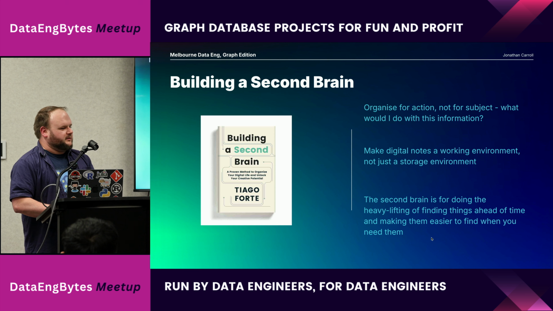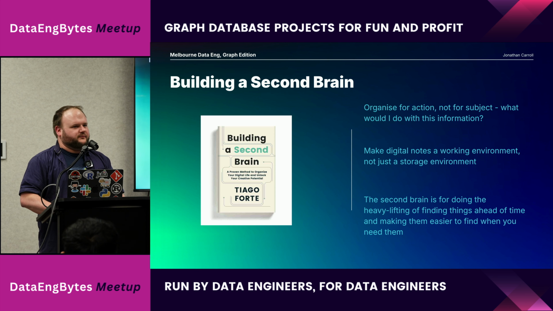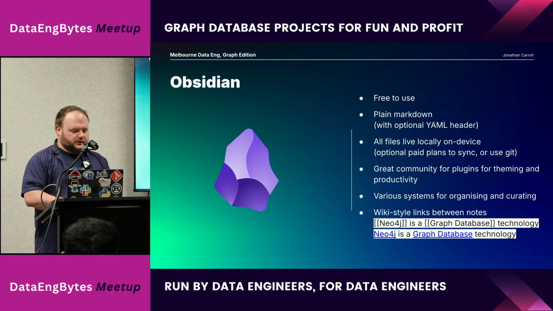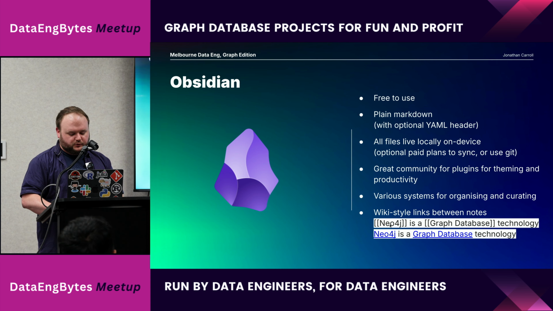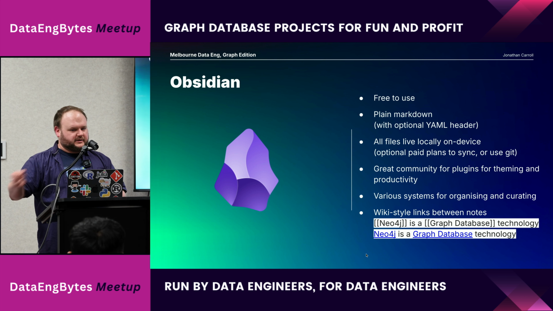So when I want to look up something, being able to go back through and say, like, where did I store that information? What year did I buy that thing? Not having to calculate that every time and go back through manuals and all of that stuff. Being able to just find things easily. The relations that you can create between those notes are really cool though. So I use a tool called Obsidian. It's free to use. This isn't an ad, but it's plain markdown files that live on your computer. That'll become important. You can sync them between devices, and the important thing is you create wiki-style links between your notes. So if you have a note for Neo4j and one for graph database, if you put the square brackets around them, it turns them into links that then connect up those notes.